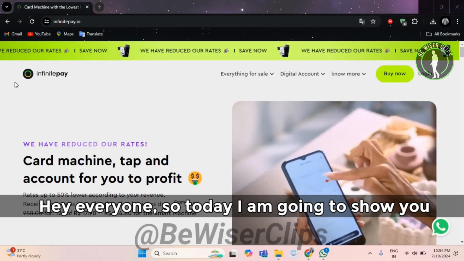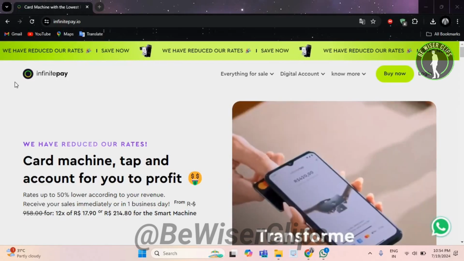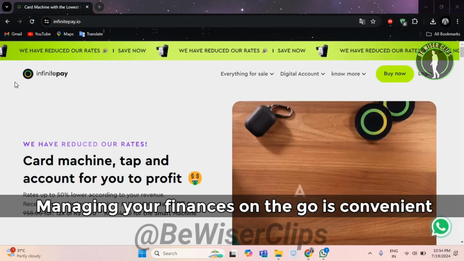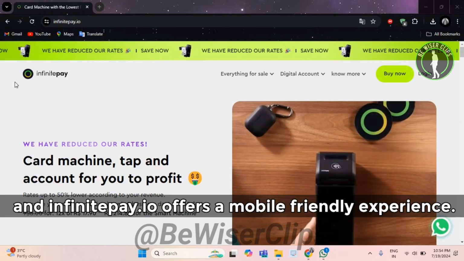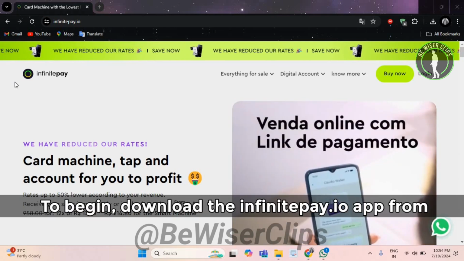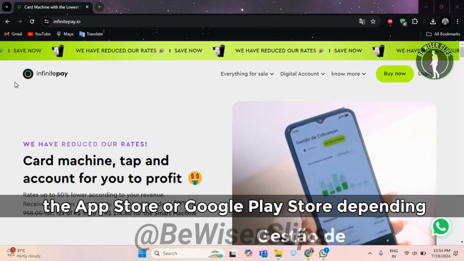Hey everyone, so today I'm going to show you how to use InfinitePay.io on your mobile devices. Managing your finances on the go is convenient, and InfinitePay.io offers a mobile friendly experience. So let's get started. To begin, download the InfinitePay.io app from the App Store or Google Play Store depending on